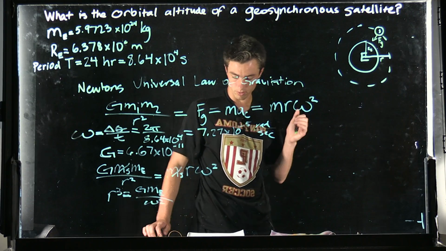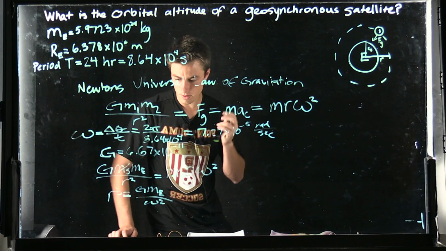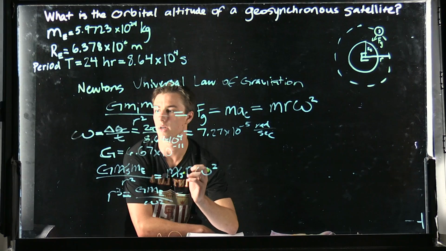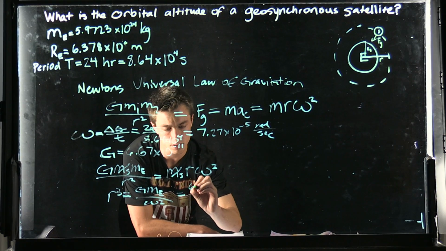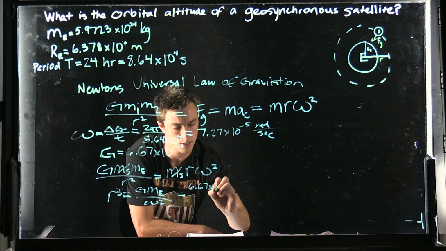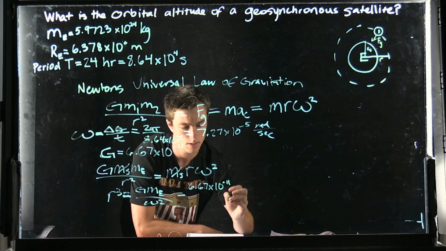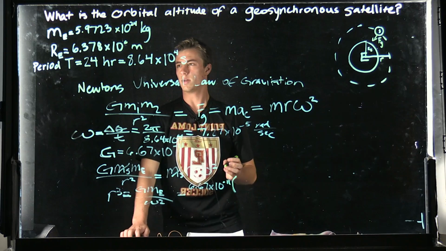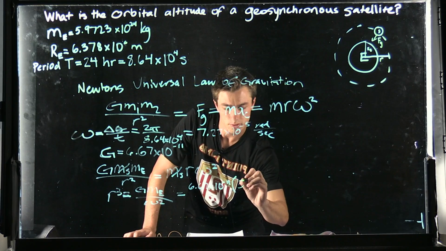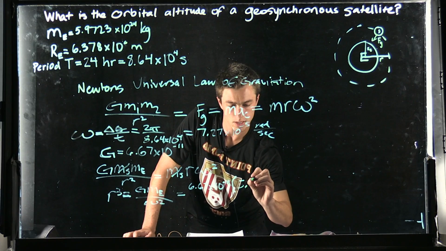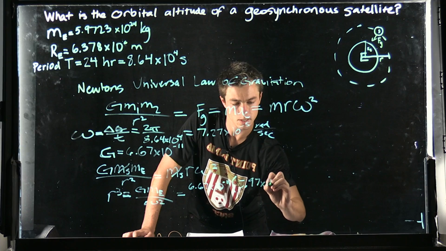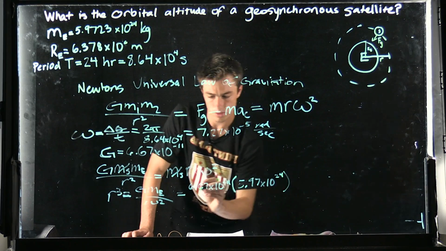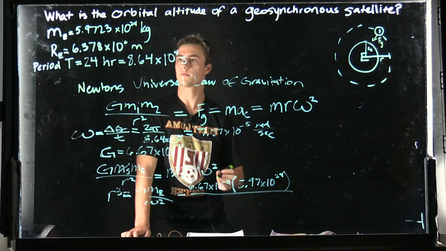So looks like we're running out of room a little bit, but plug all those numbers in. 6.67 times 10 to the minus 11 times 5.97 times 10 to the 24 all over